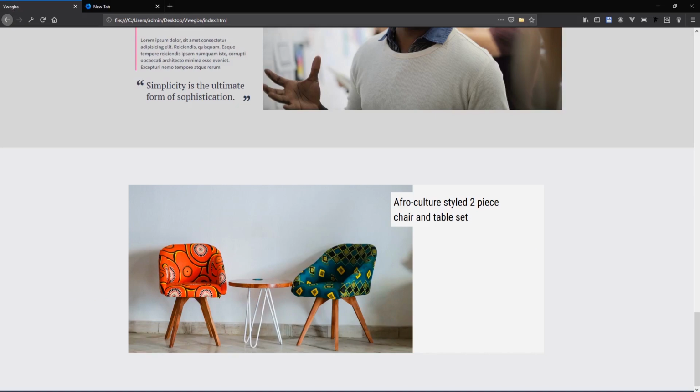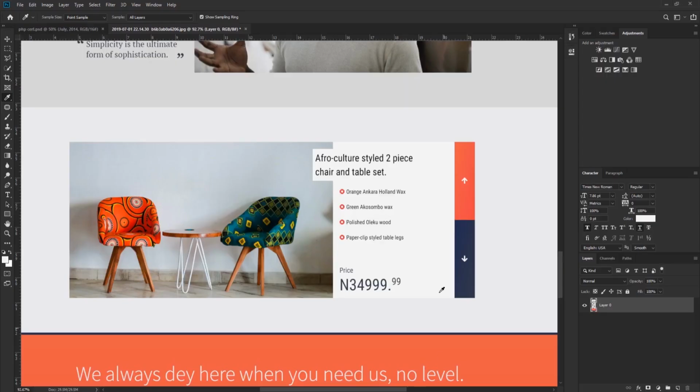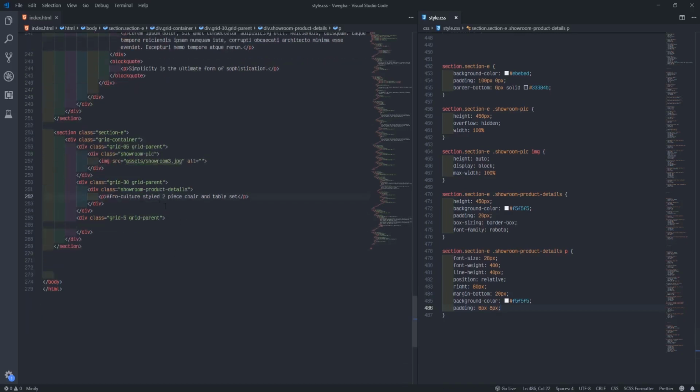We'll do one. So now we'll see how we'll create this list. So I'll come here under the paragraph now. Under the paragraph, I'll say UL.